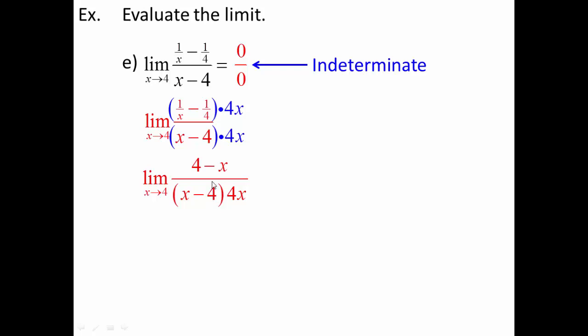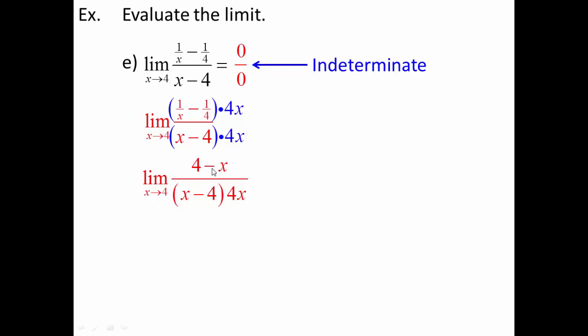Of course, it's perfectly legal to multiply through on the bottom, but then it's going to lead us to what we did earlier. We're going to need to factor everything out, so just leave it in its factored form. No need to multiply through on the bottom, because the bottom wasn't my issue, it was the top.